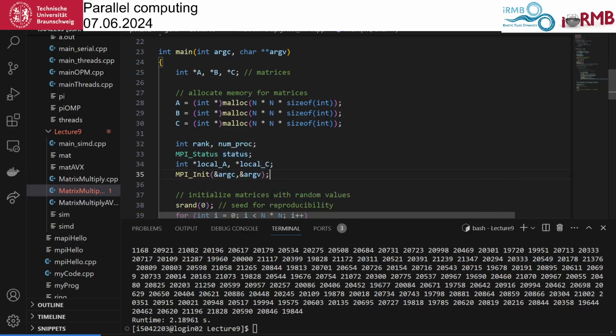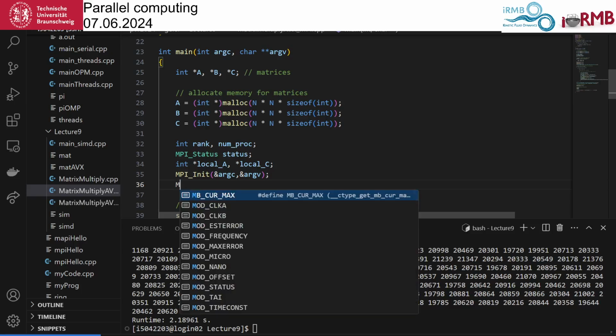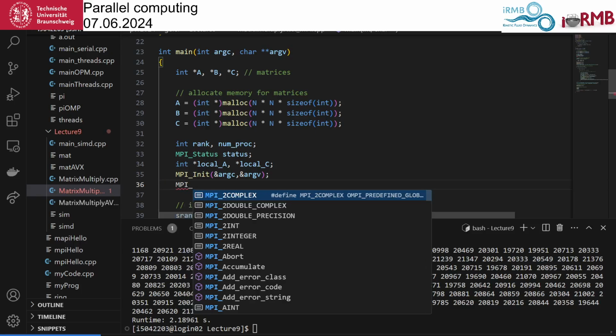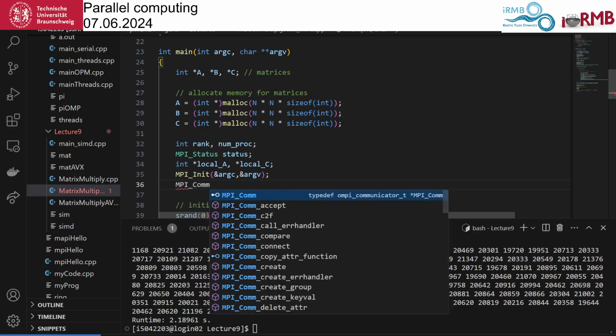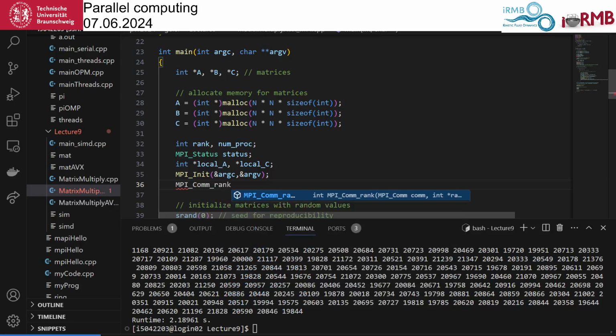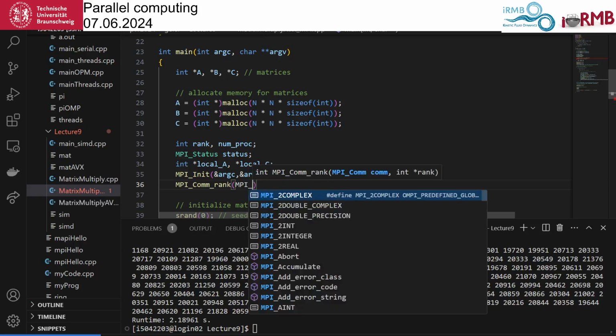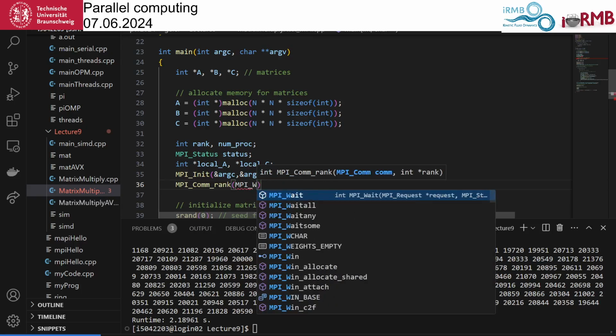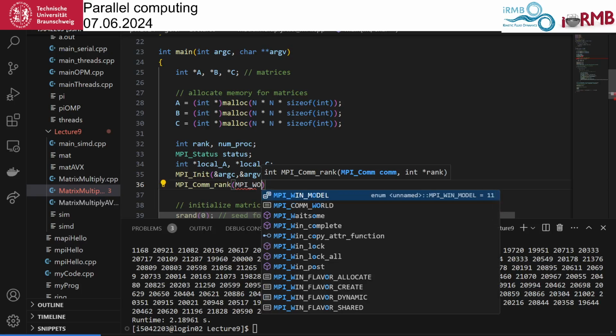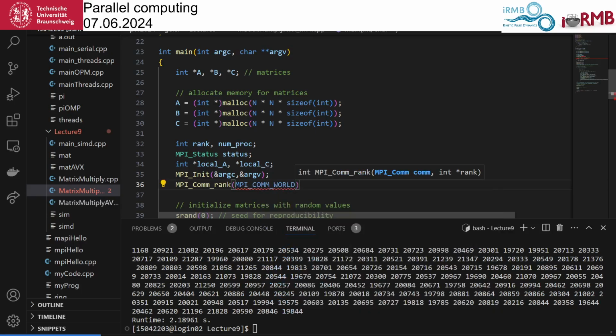Okay, so this is the init, and then we'll have to determine our rank, MPI comm rank, and we'll use MPI comm world as always. And we'll give the rank.